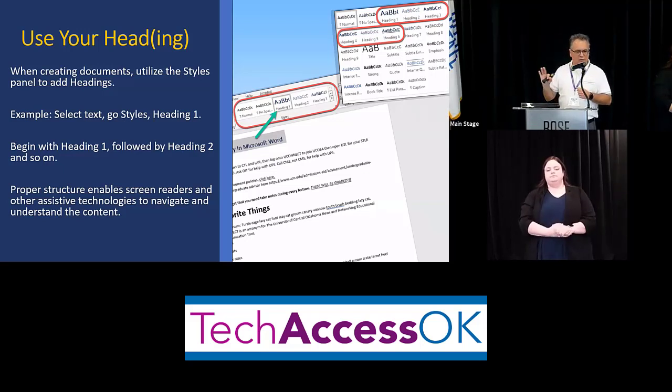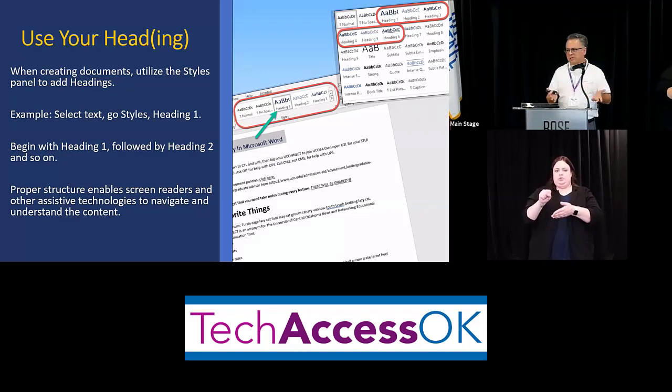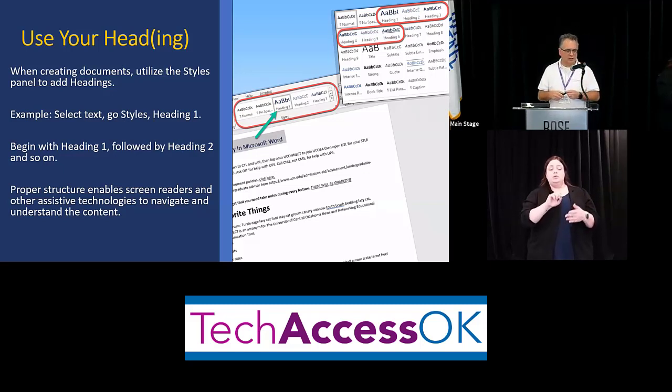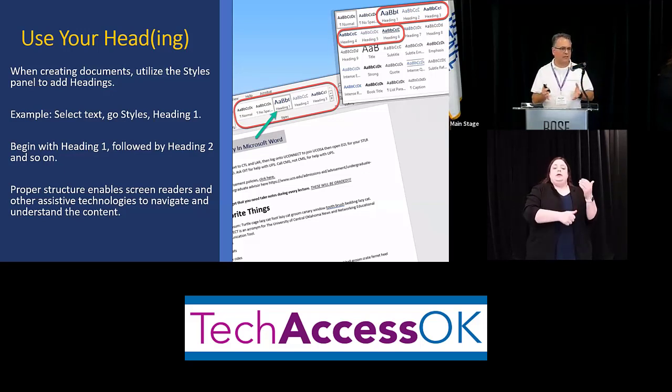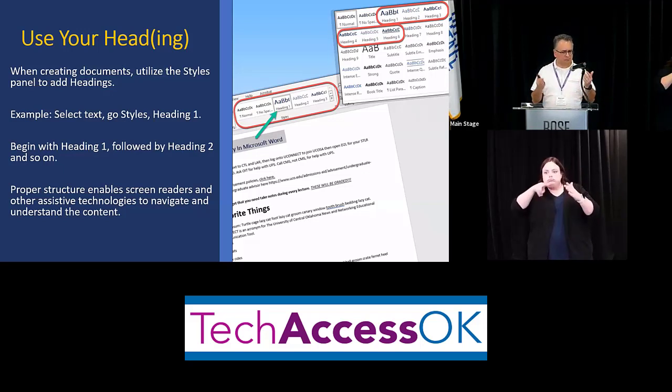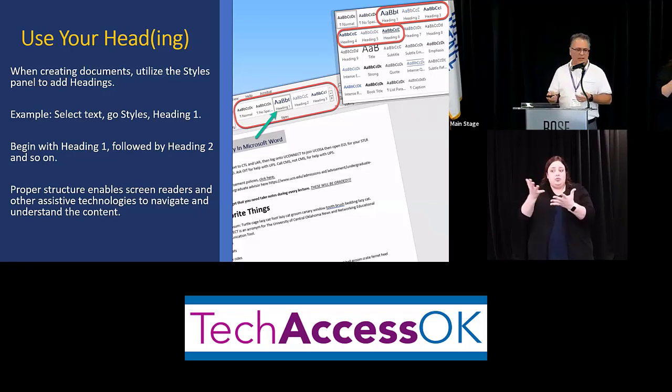One thing in this screenshot that I didn't highlight, there is a remove styles option. One of the things that I would do before even attempting to fix the headings is remove all the formatting, clear all the formatting out, and then go back in and start restyling it. So we select the styles, heading 1, and then we'll go on to heading 2. This styling enables assistive technology and screen readers to navigate this document properly. We'll skim the document, find the information we want to look at, and be able to select that when heading styles are present.